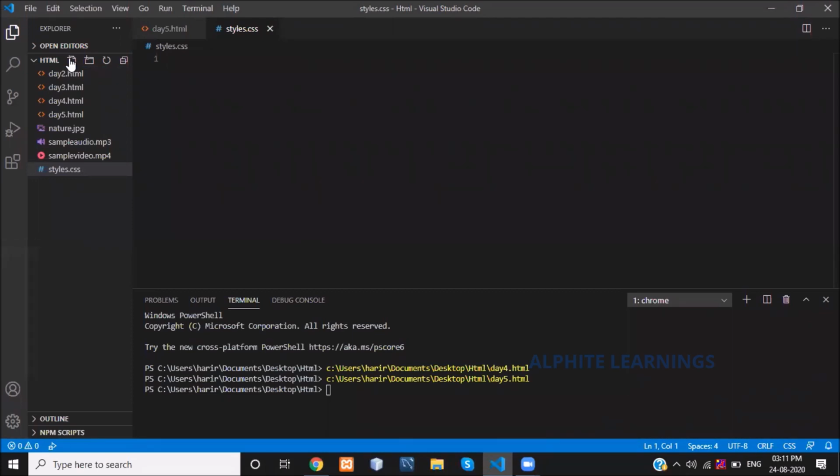What next? Wherever I want to use the styling properties, I want to link this CSS.